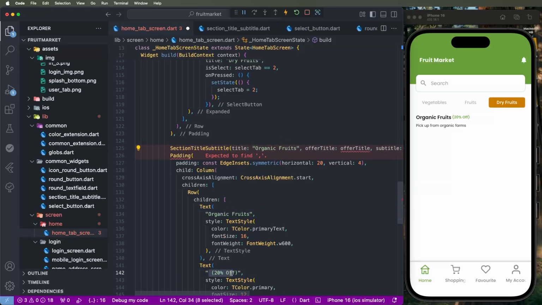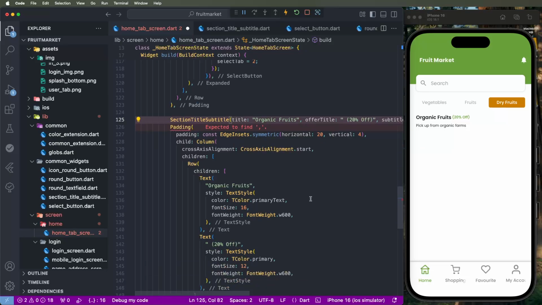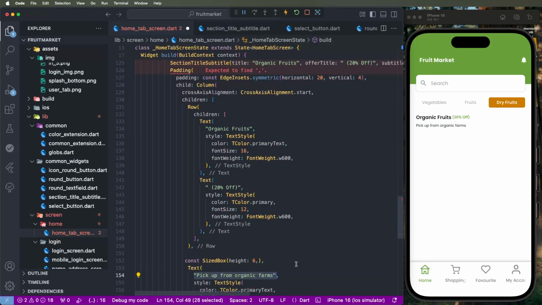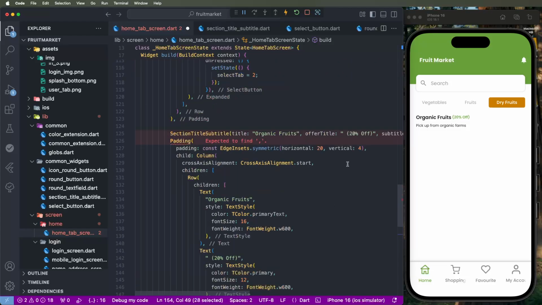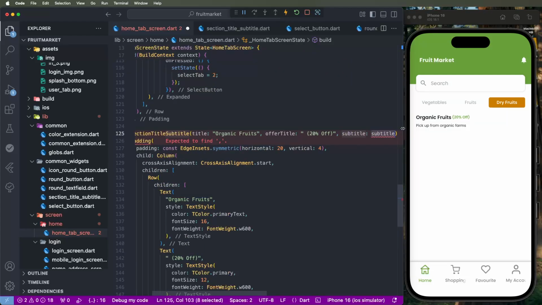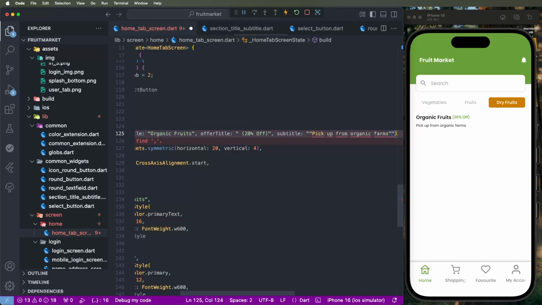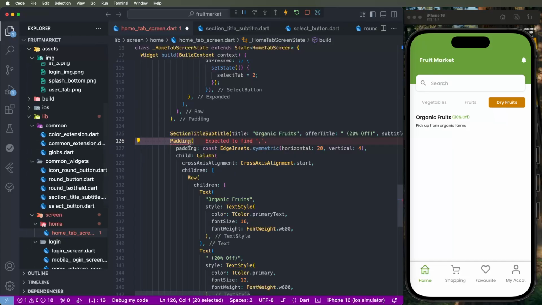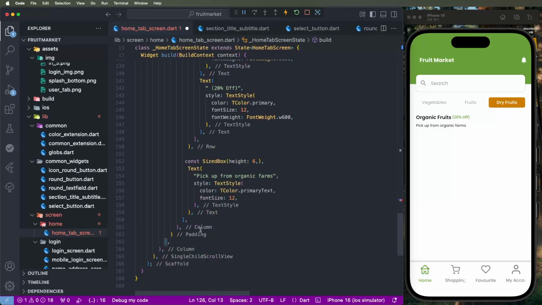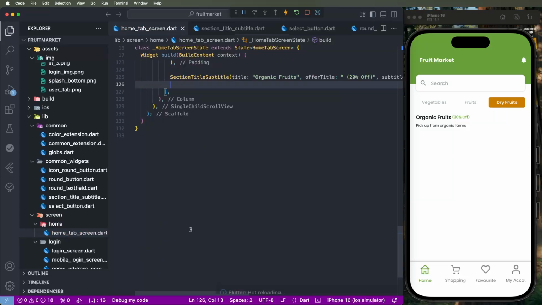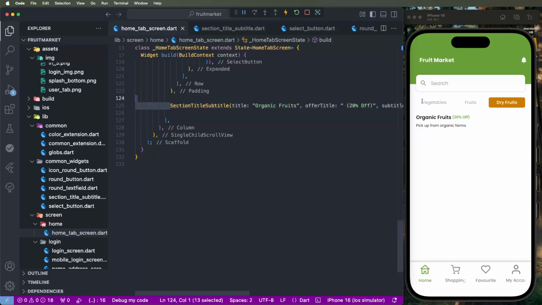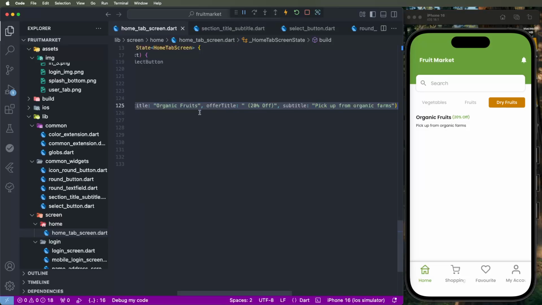Then after that need to show the whoppers. Give the whopper, and show the pickup from organic products. You need to set the subtitle value. Need to paste this code here, and we need to change it, removing this, and create the sections and show it like this. Now need to create another section. First of all, need to copy this value